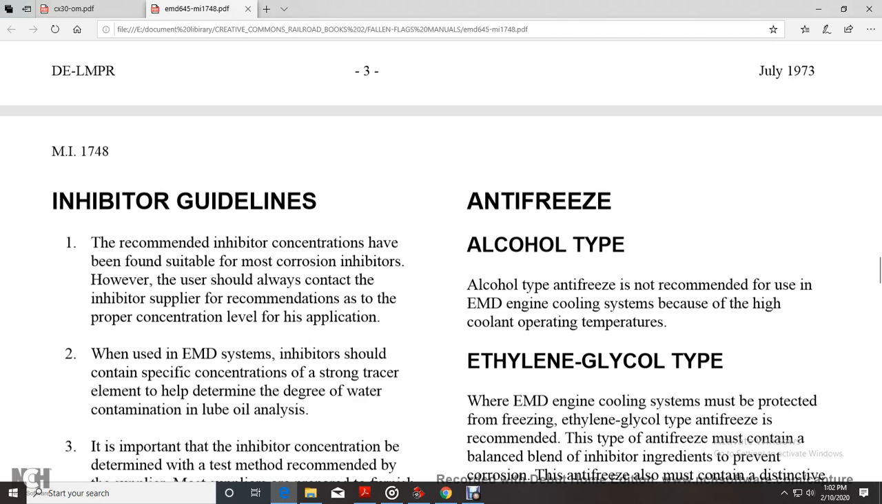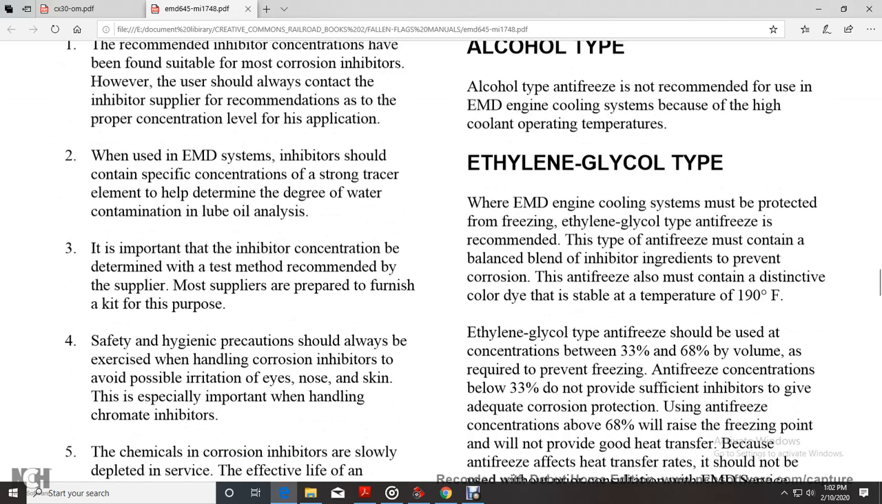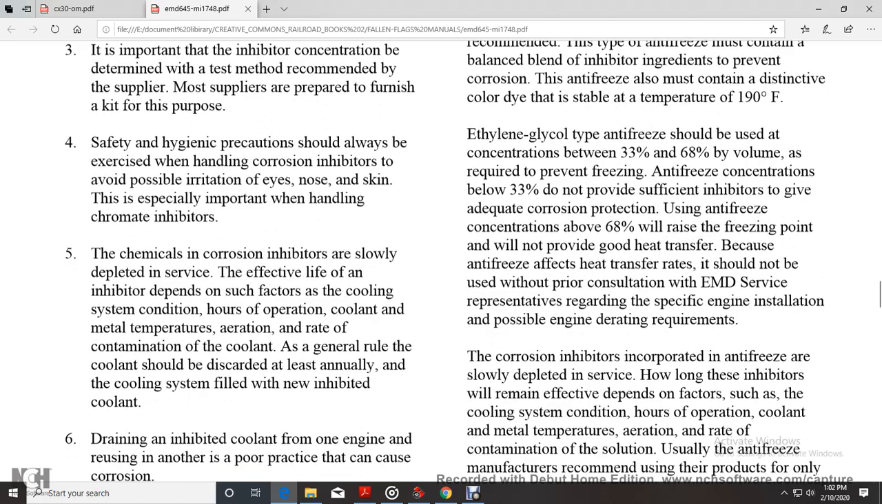The ethylene glycol type of antifreeze is recommended. Electro-Motive Division engine cooling systems must be protected with an ethylene glycol type of antifreeze blended with inhibitor ingredients to prevent corrosion. Antifreeze must contain the distinctive color, stable with a temperature of 190 degrees Fahrenheit. Ethylene glycol type of antifreeze should be based on a concentration between 33 and 68% by